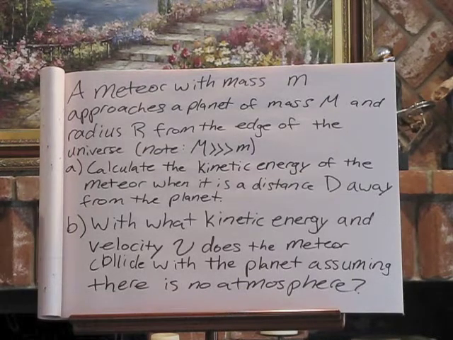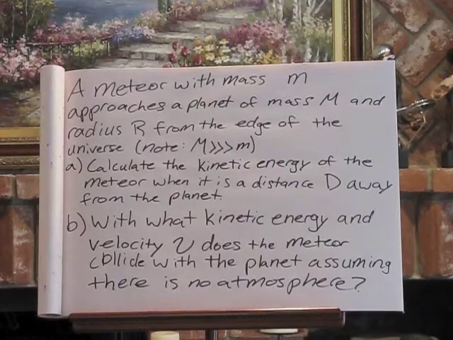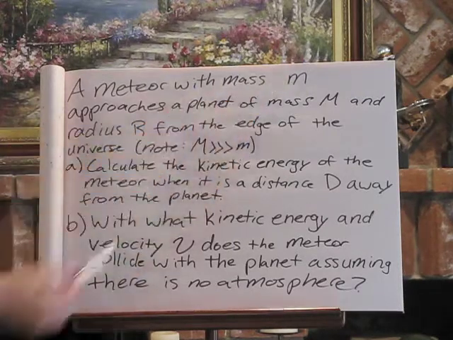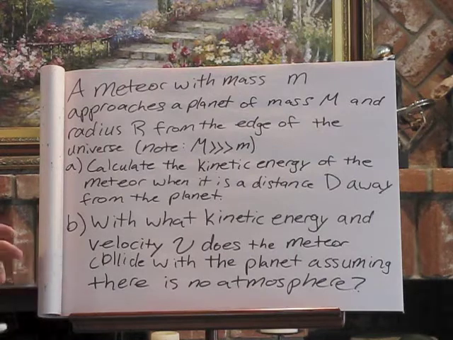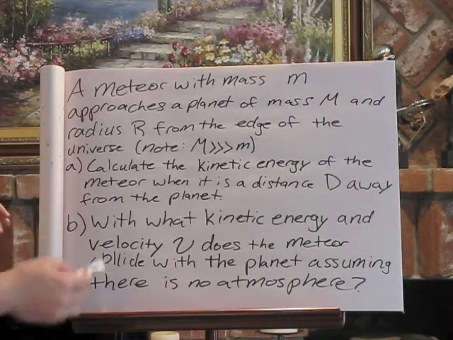So our next problem involves a meteor with mass m approaching a planet of mass capital M and radius capital R from the edge of the universe. An important note is that capital M, the mass of the planet, is much larger than lowercase m, the mass of the meteor. So also one other thing to touch on just before we get into the calculation parts